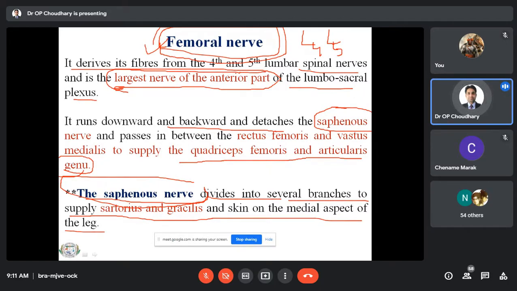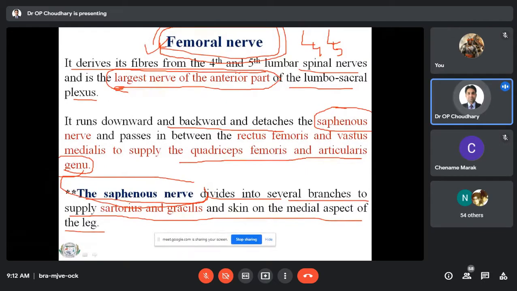Actually, in the medial aspect of the hip region, there are several muscles, and these muscles are arranged into three layers. The first layer is sartorius and gracilis, the second layer is pectineus, adductor and semimembranosus. Then there will be four muscles in the third layer.